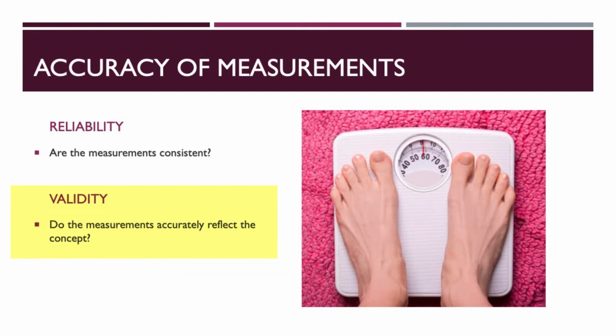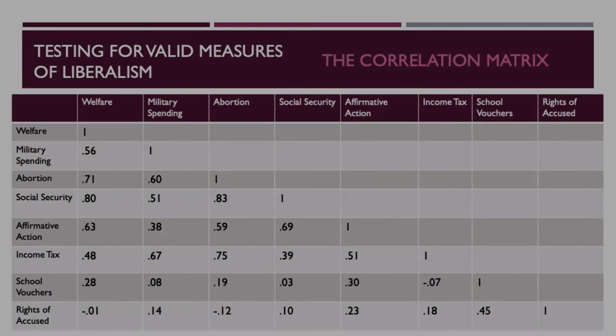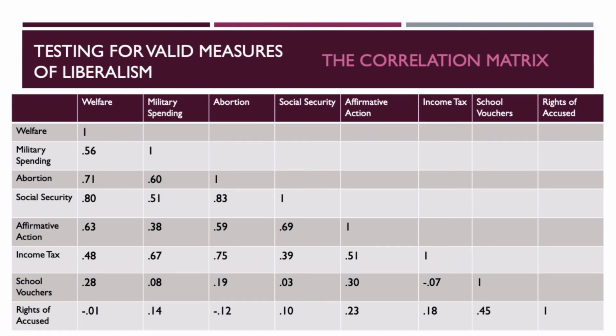So now let's kind of shift the focus to validity. How do we know if the measures accurately reflect the concept that you're trying to study? So I'm going to show you this picture of this correlation matrix. I know it might be a little bit intimidating, but don't worry, the information itself, or the calculations, I guess, are not necessarily important at this point. We will learn how to do this eventually, but I'm going to walk you through this graph and